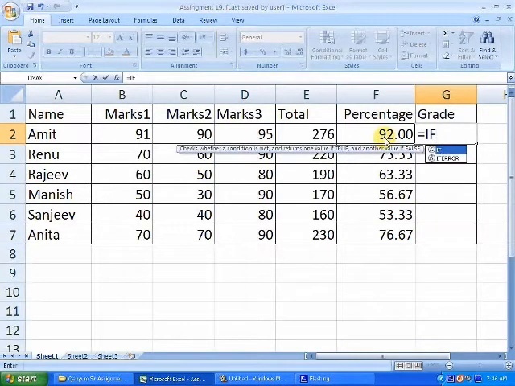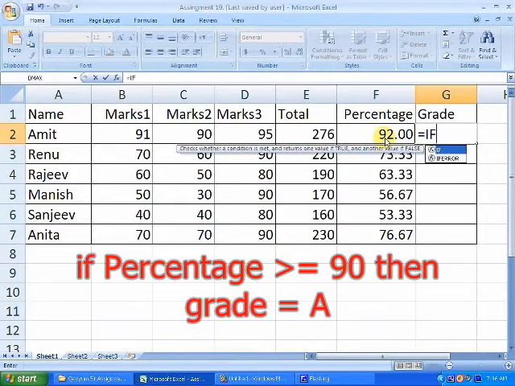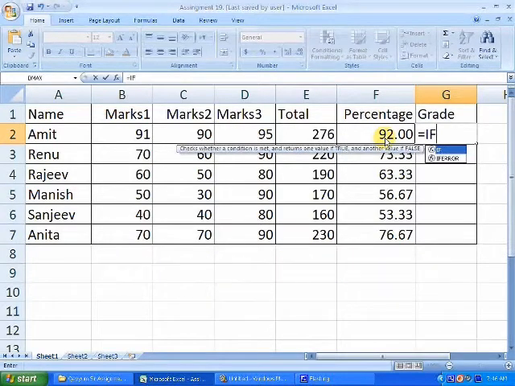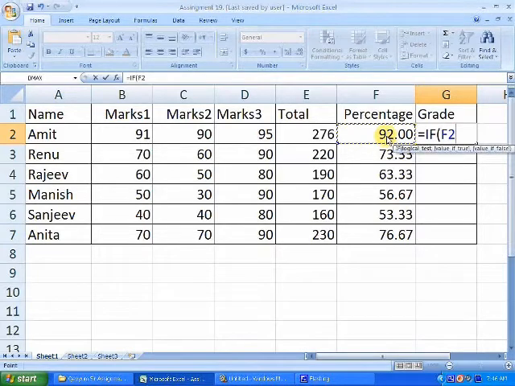If the percentage is above 90, as it says in the guideline page number 38, the grade will be A. So type shift and 9 to make the bracket and click here, which is the percentage. Say greater than or equal to